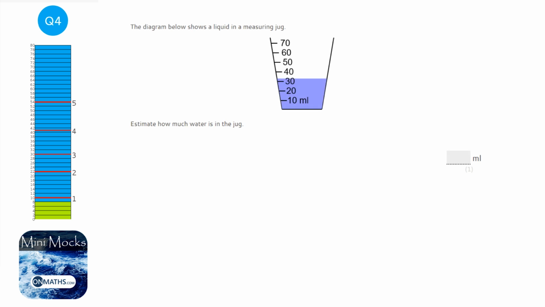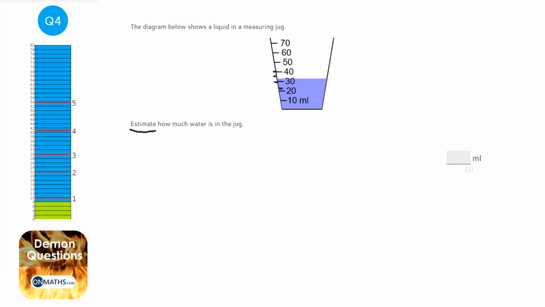On this scale on the side of the jug, we're not given the little tiny notches. So the word estimate means that we're not going to get it exactly right maybe, but we're roughly going to be correct. Now there are wrong answers to this. So if I wrote the answer 22, which would be down here somewhere, that's clearly wrong because we know that the water is above 30. We know the water's between 30 and 40. And if you have a look, it's less than halfway. So we're expecting a number that's below 35.